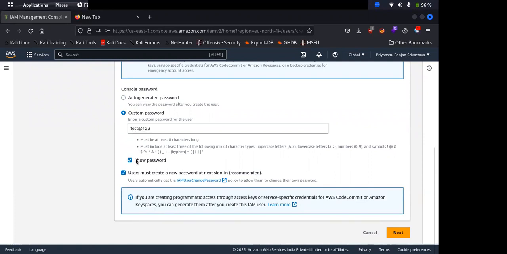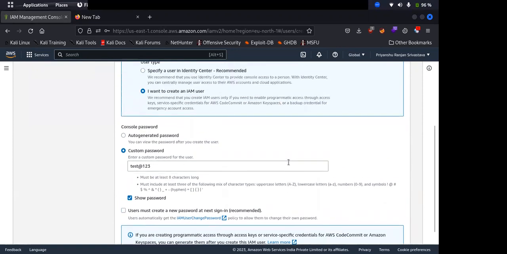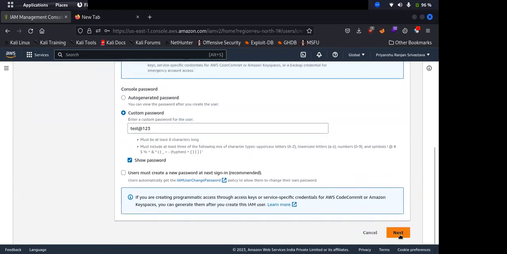So the password is test@123. Then if you want the user to change the password when he tries to log in the first time, you can check this, but we don't want to do that, so uncheck this. Then we click next,